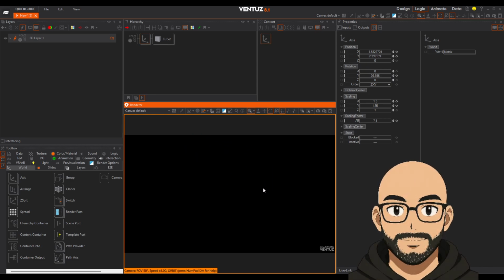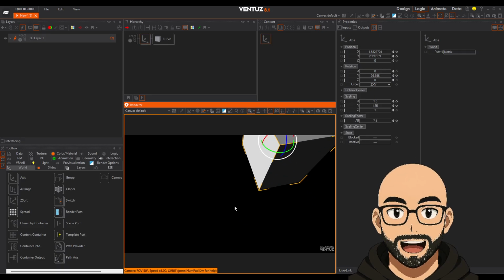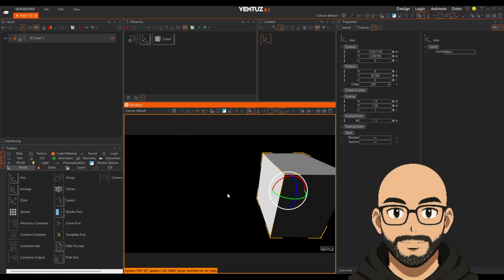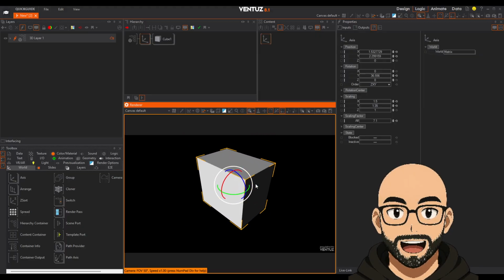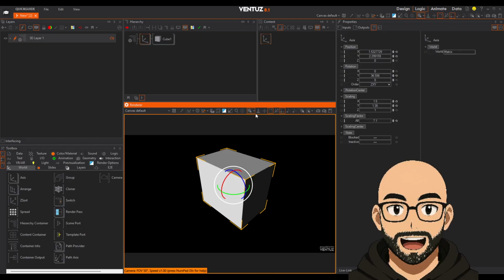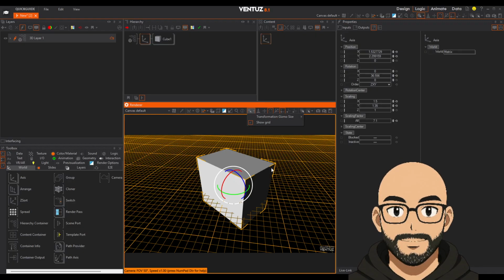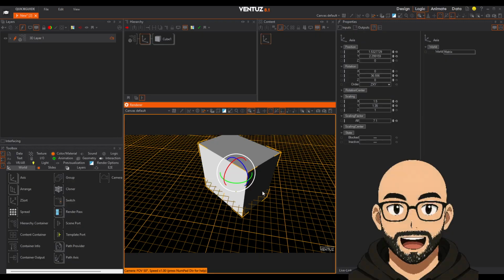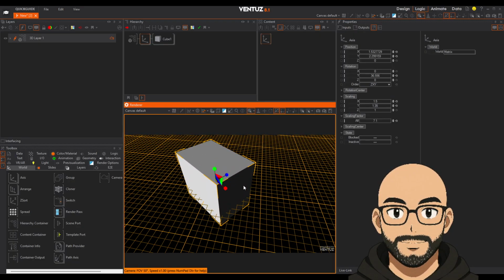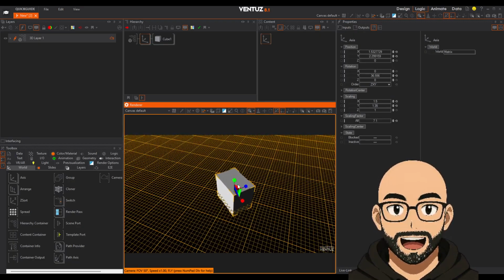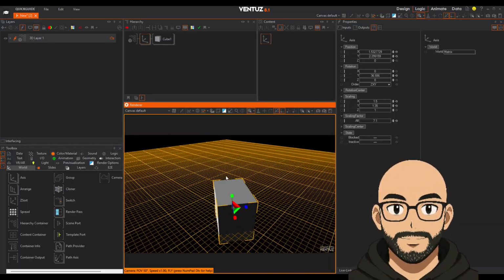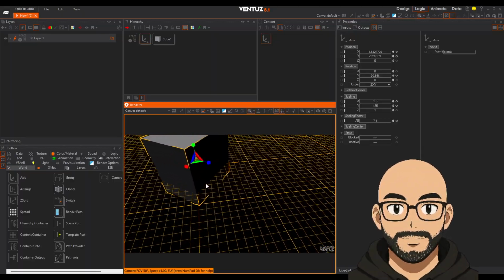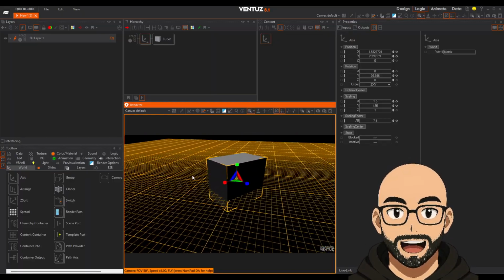Alt left button kind of rotates, which is also the orbit, right? There is a grid. You can turn the grid on at any time. So there's a show grid. There you go. So you can show the grid and you can move around. If I hold down the right mouse button and do the WASD, then just like any game that you're familiar with,